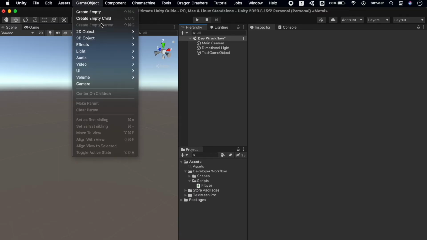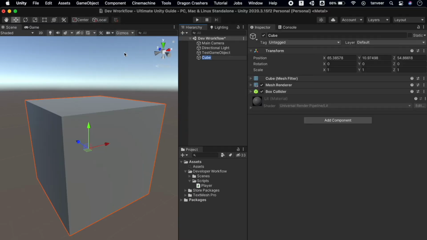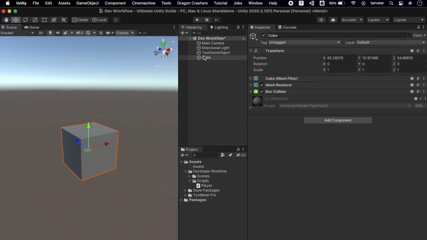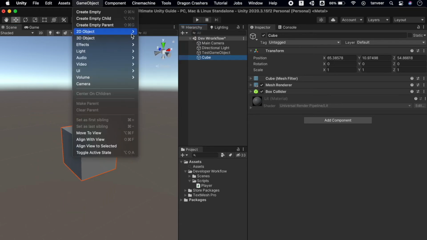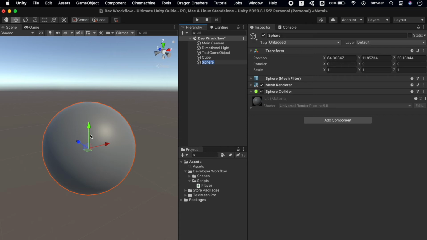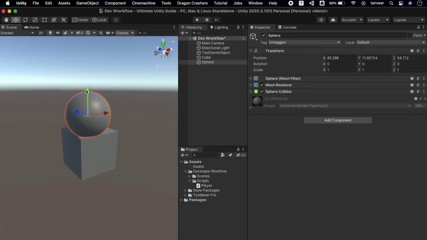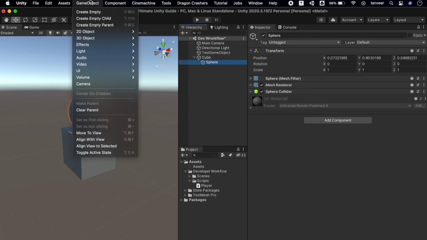To demonstrate the next attribute, I will be adding a few simple 3D objects in the scene. The next attribute we have is the selection base. This is useful for selecting a game object whose children may contain meshes. Add this attribute to any component on the base object. When picking an object in the editor, the game object containing the selection attribute gets selected rather than the children.